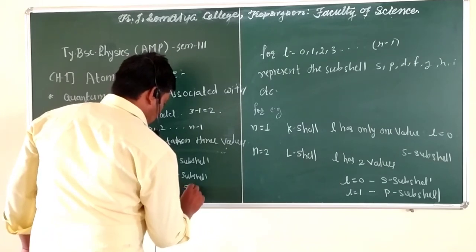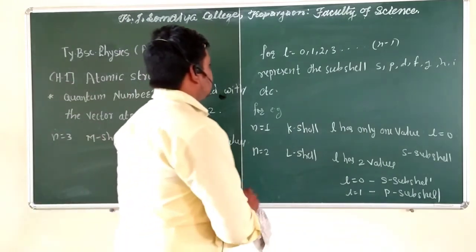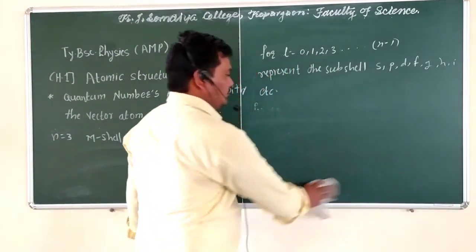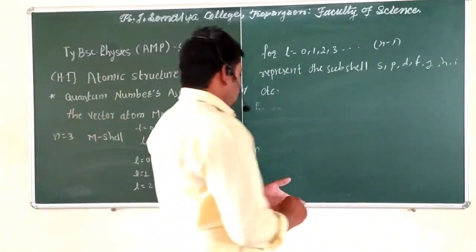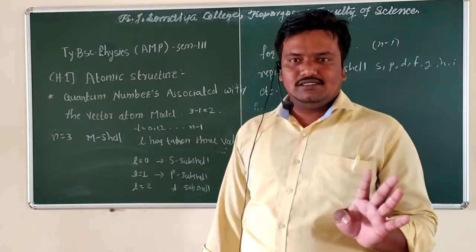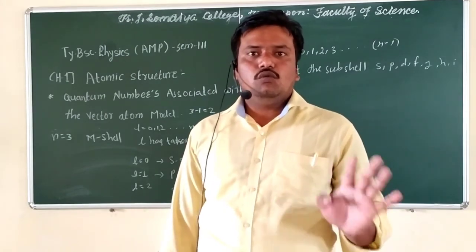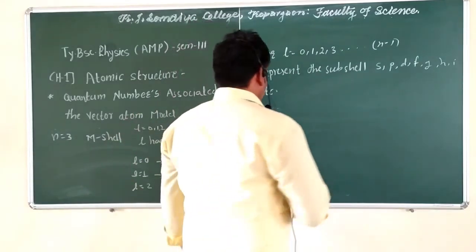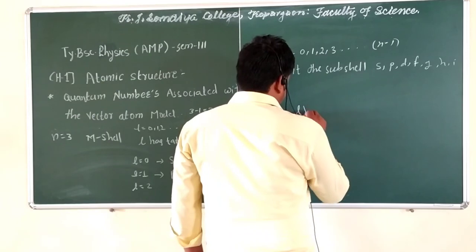Okay, and if we consider n equal to 4, 4 minus 1 is 3, so the orbital quantum number L takes the values 0, 1, 2 and 3, which gives 4 different subshells. So for n equal to 4, L has